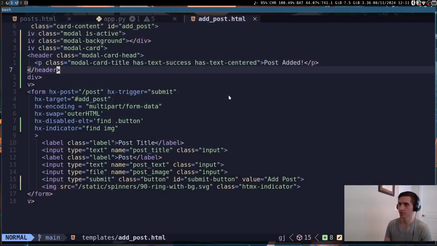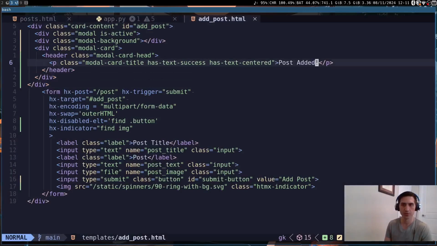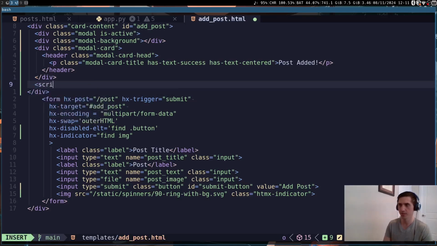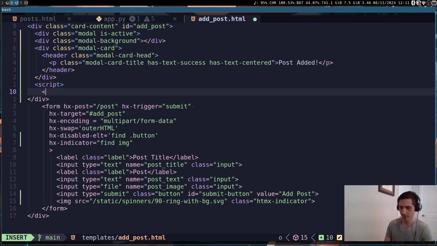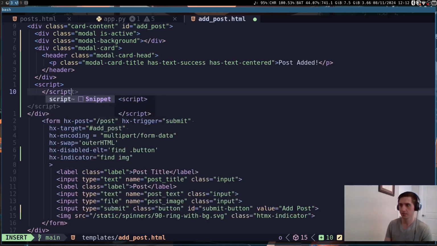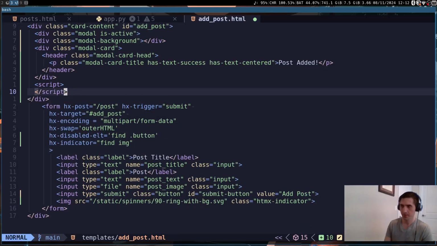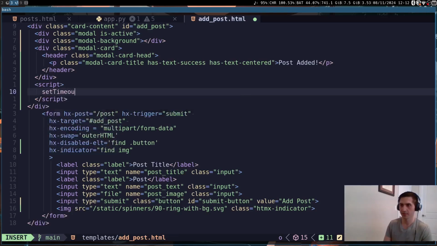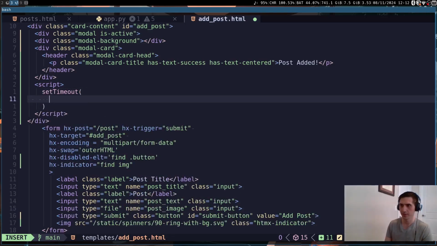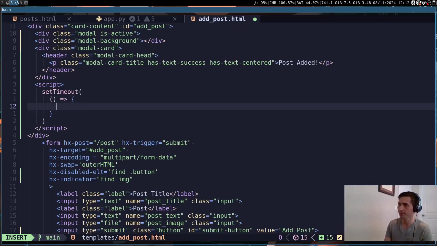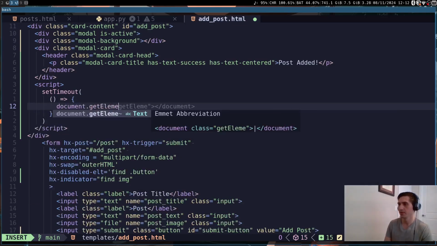So this is really going to be the only part of the project that I do any sort of JavaScript, because in this case it's actually appropriate. I'm just going to do it inline. So I'm just going to put a script tag here, and then end it. And what we're going to do is set a timeout after 2 seconds. So I'll do here, and we needed to give it a function as a first argument. So I'm just going to do an arrow function here in JavaScript and just say I'm going to get document.getElementById,